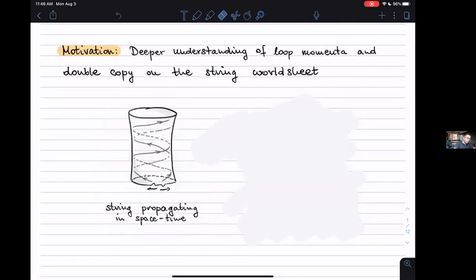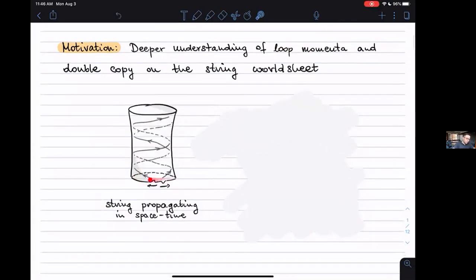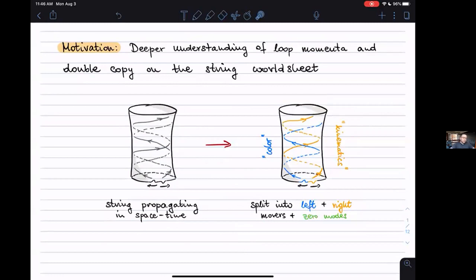So if we just look at the string worldsheet, here's a pictorial cartoon. There are some modes that propagate on this worldsheet. They can go in both directions, and they're also all scrambled up as we go up in time. So our time goes up here in this picture. And now what we would like to have is some kind of a splitting of these modes on the worldsheet, on the string, that go into the left directions, the right directions, and perhaps also some zero modes that